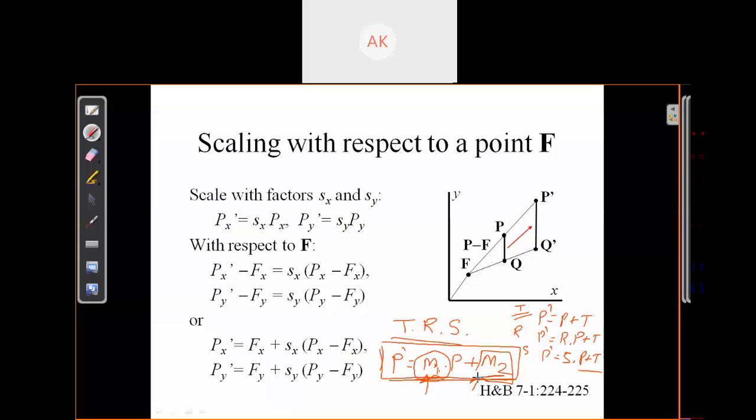This translation term is associated with the object's shift in location. When your rotational point is not the origin point, first it translates the object from this point, so this term depends on your translation parameter. In the same way for the fixed point, and when you just apply the translation on your object. And M1, your rotational matrix or scaling matrix, is the multiplicative matrix.